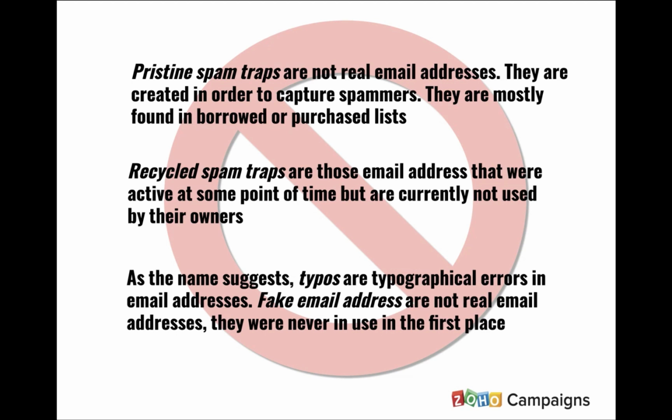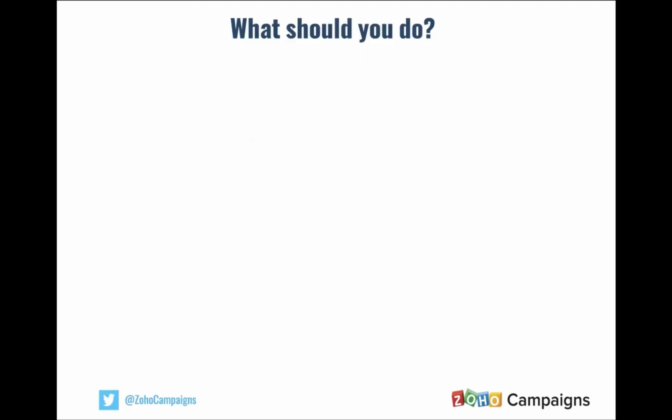The best thing to do in such cases is to go for opt-in. By allowing the subscribers or the email recipients to opt in, you will understand whether the particular email address is authentic or not, and whether the person who owns that email address wants to receive emails from you or not. In this case, the best way is to go for double opt-in. As I said, we'll take a detailed look at these things again.